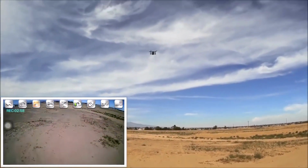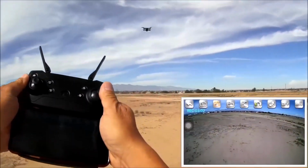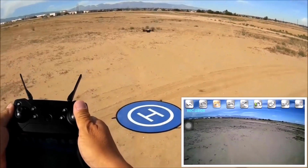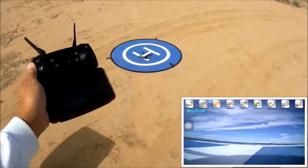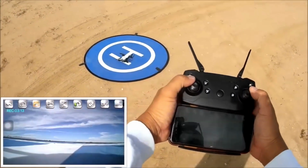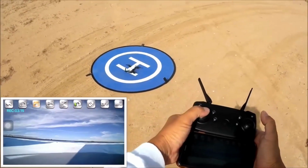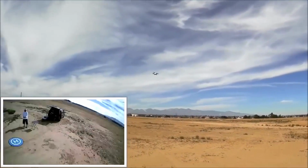Let's see, let's test out the 1 key to land here. 1 key to land, and directing its path to land on the landing pad, and there you go, touchdown, and the motor shut off. So everything works. Let's go ahead and arm the motors manually. There we go, and take off manually. Awesome, everything works perfect,